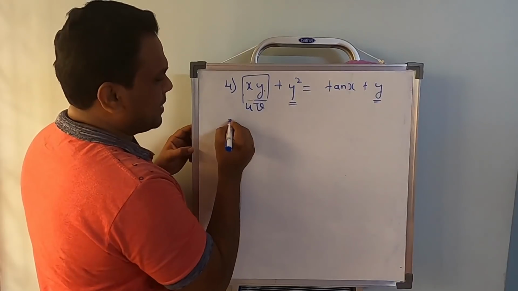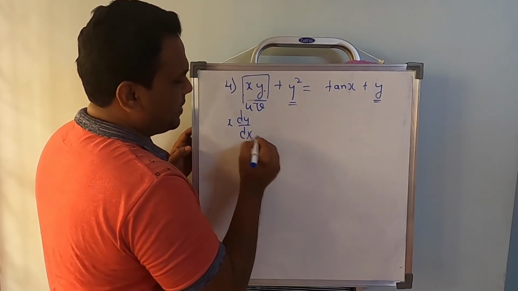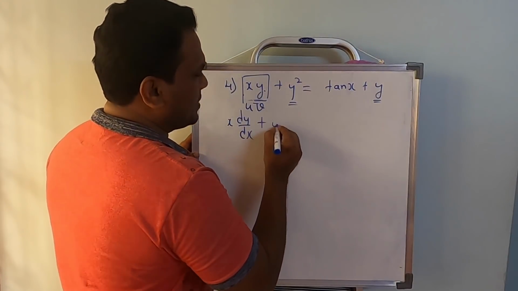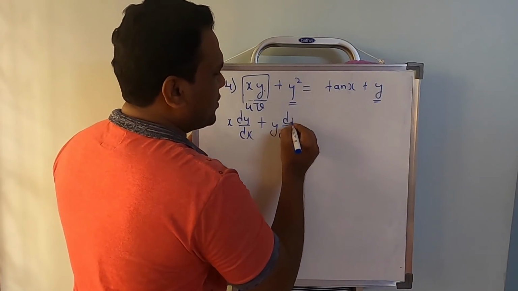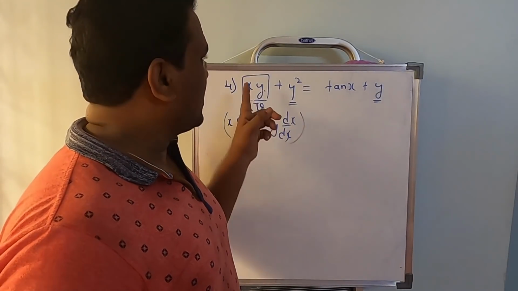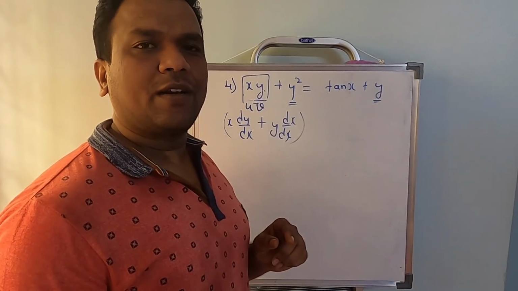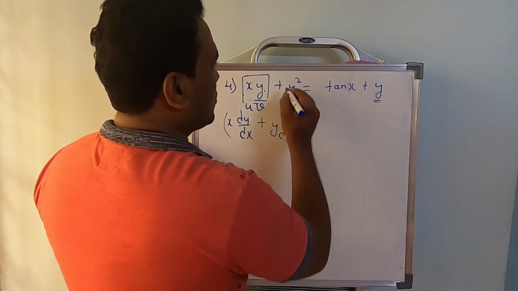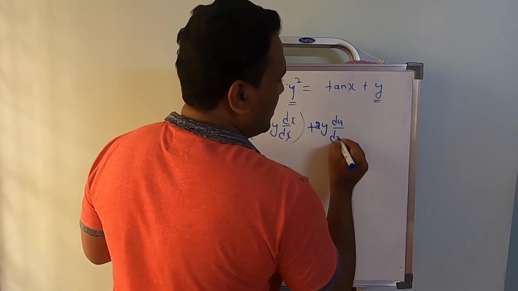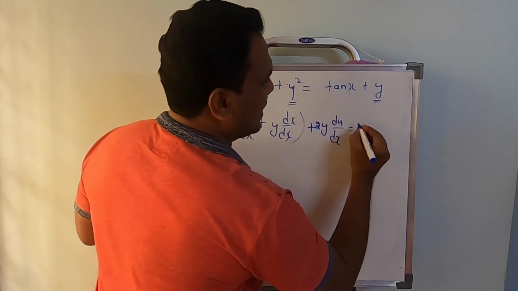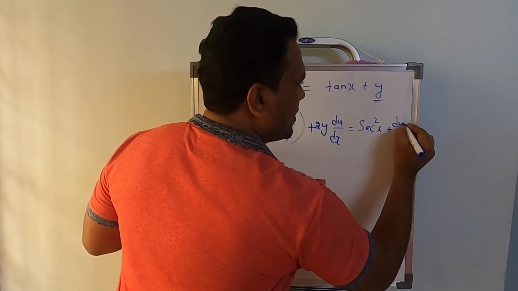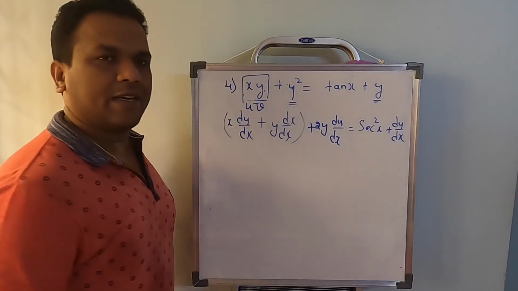The rule says x multiplied by differentiation of y, first function into differentiation of second function plus second function multiplied by differentiation of first function. Differentiation of xy by using product rule. This is the one thing you have to take care when doing differentiation of implicit functions. So let's go for y square. Differentiation of y square will be 2y multiplied by dy by dx, and on the right side tan x. Differentiation of tan x will be secant square (x plus y) times differentiation of (x plus y), differentiation of y will be dy by dx.